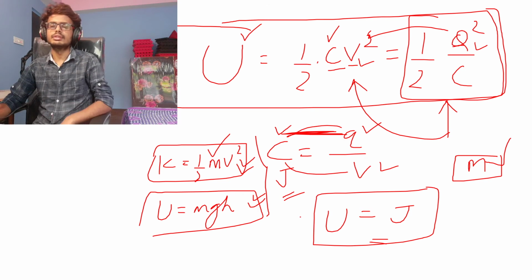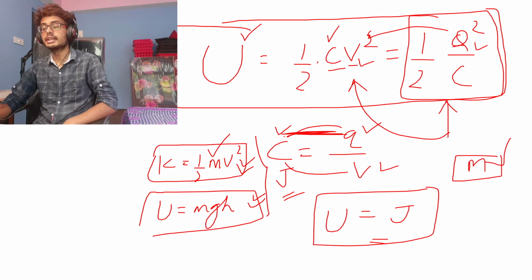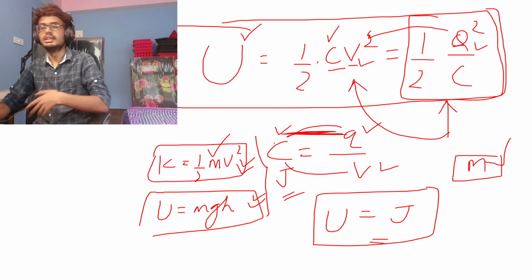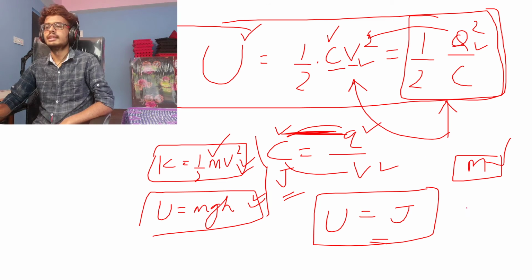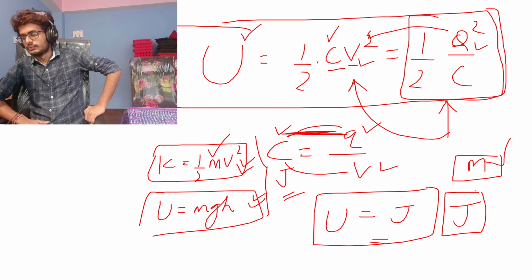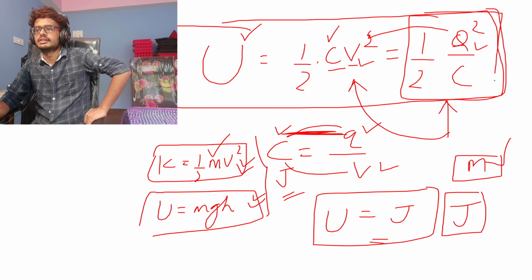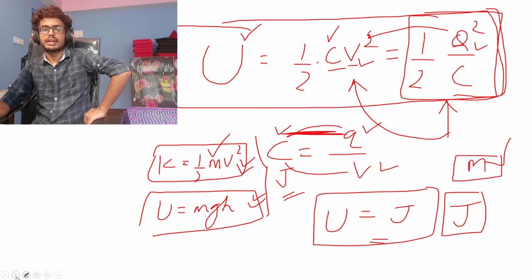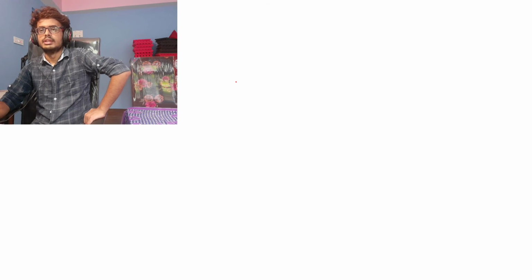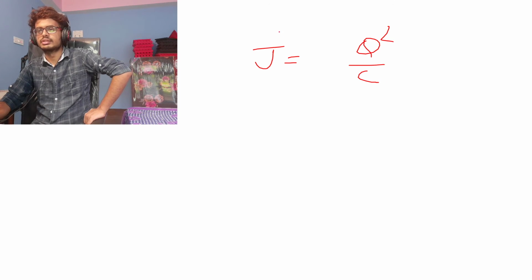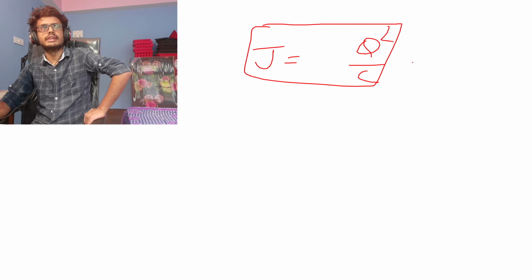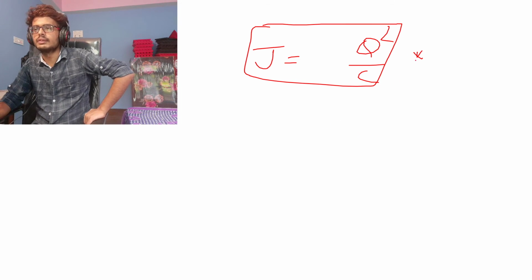You don't need to rethink about electrical energy मा के हुन्छ, wind energy के हुन्छ. No need to consider about that. Just think that energy को SI unit is joule every time. Or you can just check dimensionally whether this is correct or not. Anytime you can do that. So whenever you like, joule ko dimensions के हुन्छ and your q square by c ko के हुन्छ dimension, so that you can compare it. If they are equal, then you are correct. If they are not equal, you are not correct. So this is one of the ways to check whether your derivations are correct or not.